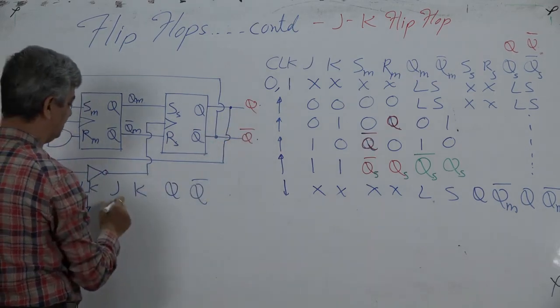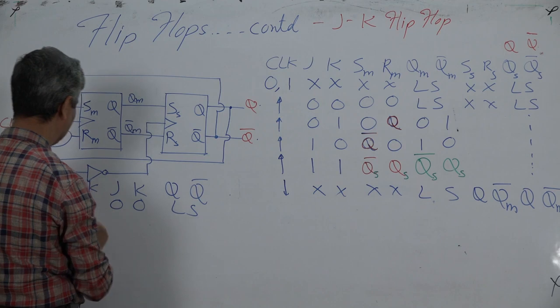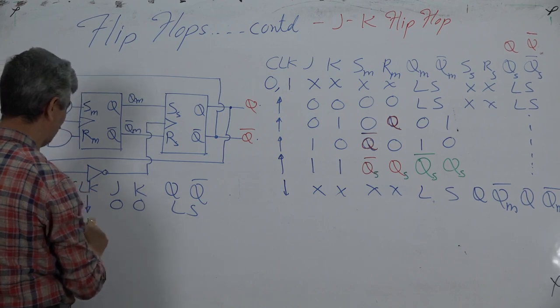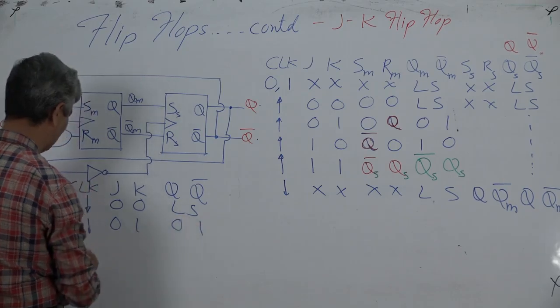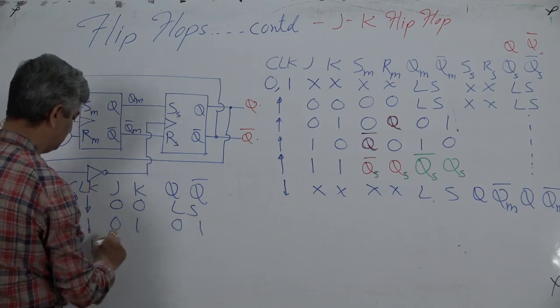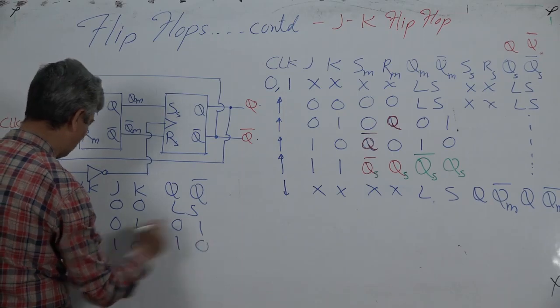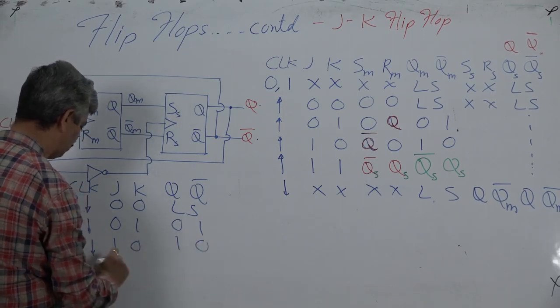So if J is 0, K is 0, it is the last state. At the time of rising edge, if these are 0, 1, outputs are 0, 1. At the time of rising edge, if these are 1, 0, outputs are 1, 0. And at the time of rising edge, if both are 1, 1,